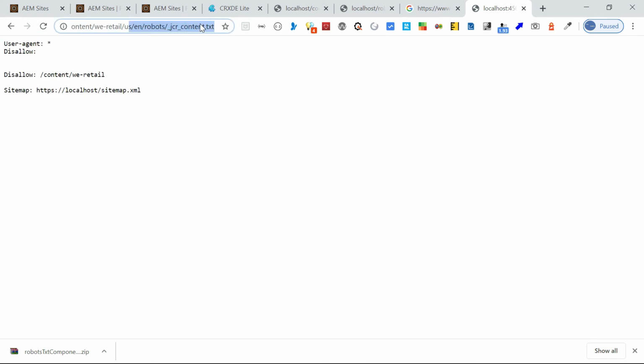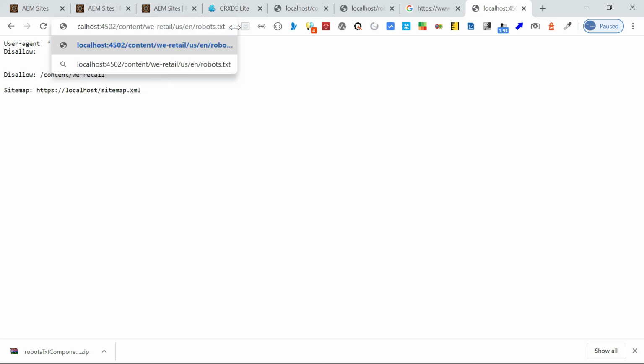My understanding is that in 6.4, and I am using 6.5, without this jcr content, if I just keep a .txt here, it was working. In 6.3 it is also not working. In 6.4 my understanding is it was working.